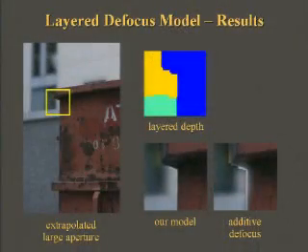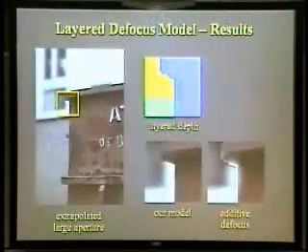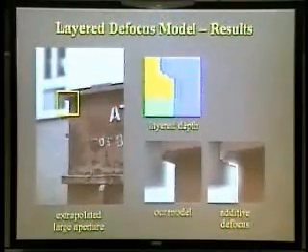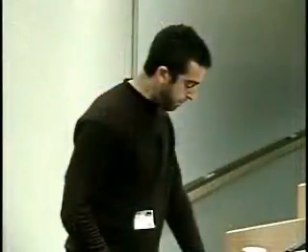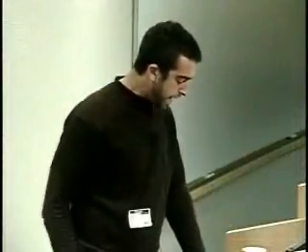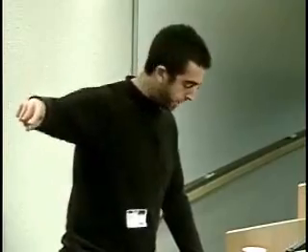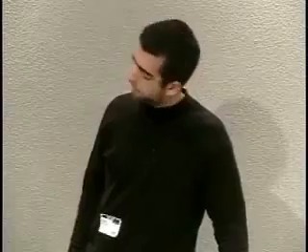To compare our layer defocus model against the standard alternative, we use the results of our method to resynthesize a scene with an extrapolated aperture. We can see that our method generates more realistic results at occlusion boundaries. For the standard additive model of defocus, the foreground layer and the background layer get blended in an indiscriminate way that creates distracting halos around the side. Note that even though the layer segmentation of our scene is not estimated perfectly, as shown by the depth map, our image formation model still leads to a synthesized image that's visually realistic.